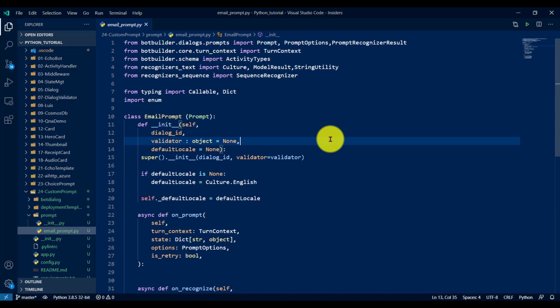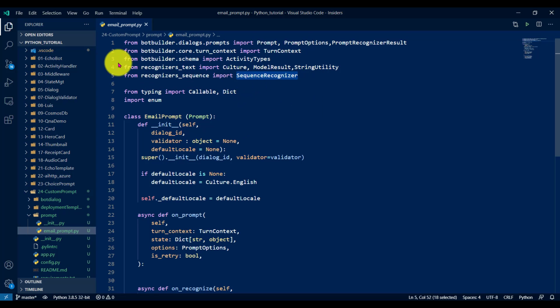The first thing is to find that email address. We don't need to write any custom logic of our own, because it's already available in a package, the Microsoft Recognizers API. You can install it. It's a pip package. You can just find the Recognizers Suite, find the pip package installation guide, and install it. Once installation is done,